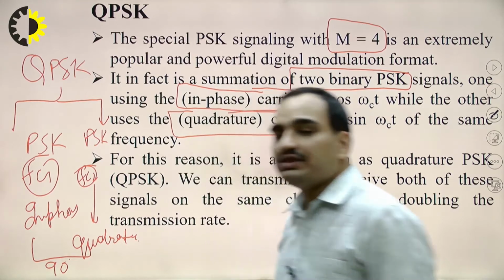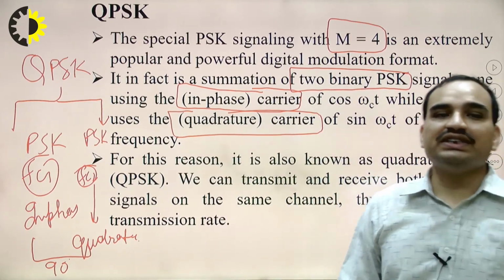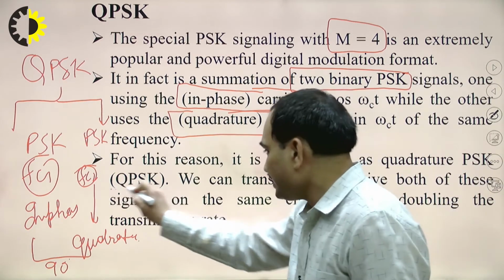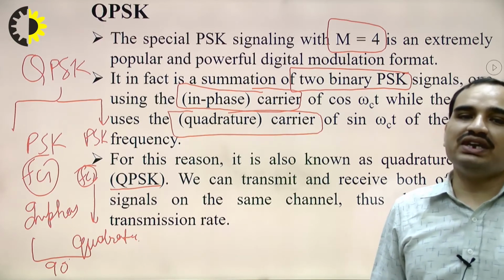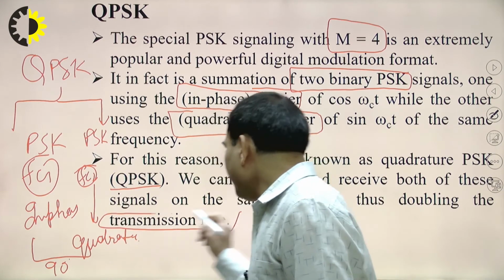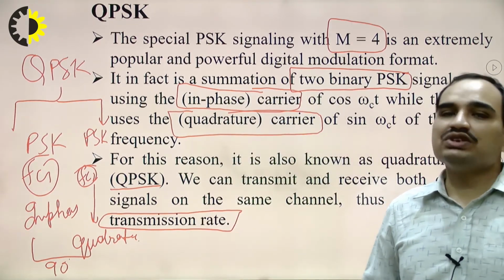The phase difference between the in-phase and the quadrature phase is 90 degrees. For this reason it is known as quadrature phase shift keying or QPSK. We can transmit and receive both these signals on the same channel, thus doubling the transmission rate. So it doubles the transmission rate, and the bandwidth occupied will be less because we are transmitting two symbols in the